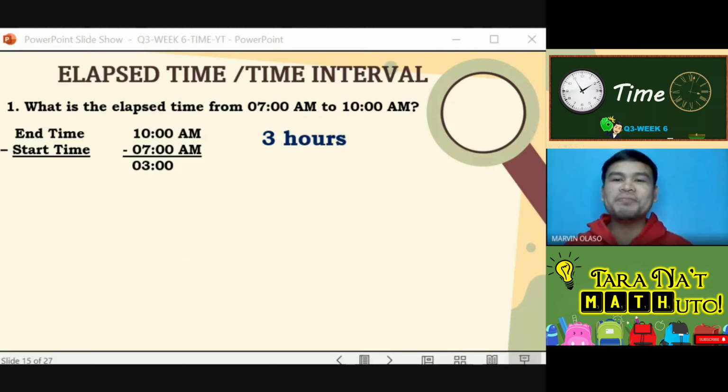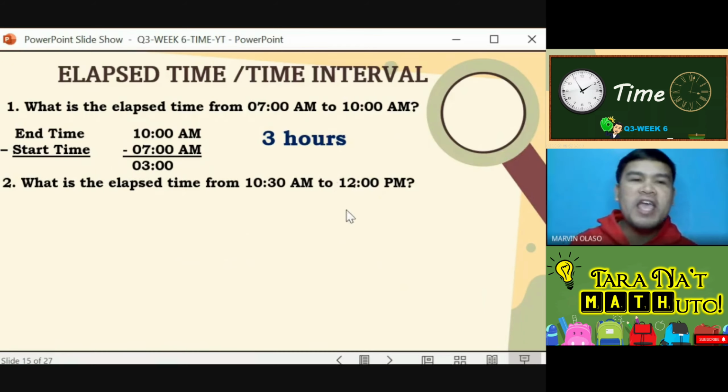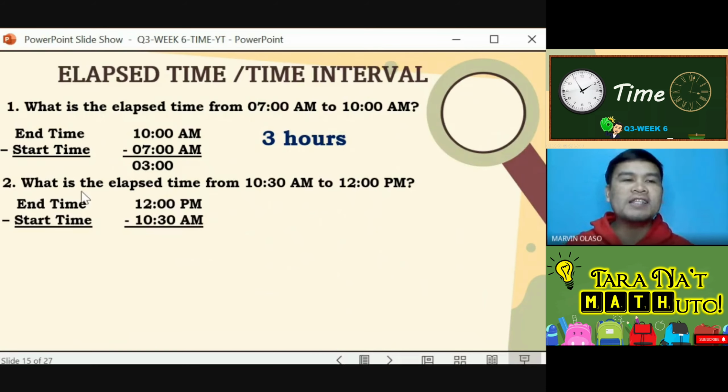Ayan. Next. Next, what is the elapsed time from 10:30 a.m. to 12 p.m.? Again, by following the formula end time minus start time. So, natapos ng 12 o'clock p.m. minus 10:30 a.m. So, ano ang napapansin nyo? So, in this case, since 12 o'clock cannot be subtracted directly because of its minutes mababa, we will regroup by deducting 1 hour from 12-hour part. So, we will convert, babawasan natin yung 12 ng isang oras,